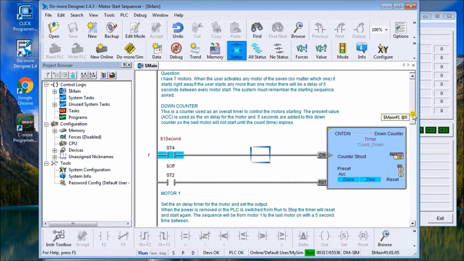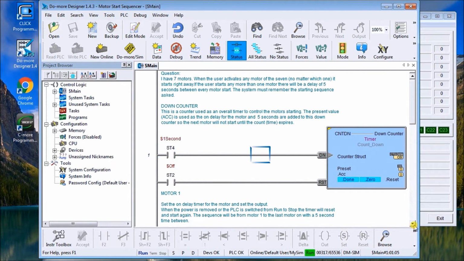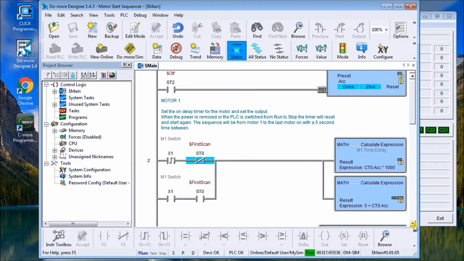And then if we look at our screen here, we have our down counter and our preset value, and all we do on this particular one, you'll see that it's pulsed by a 1 second, so we have a 1 second there. And then if we look at our first motor,